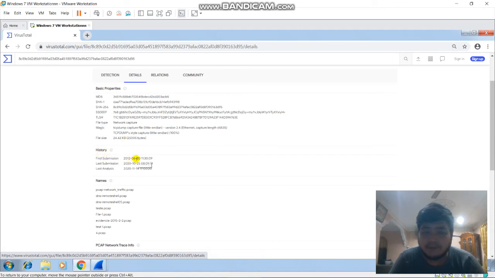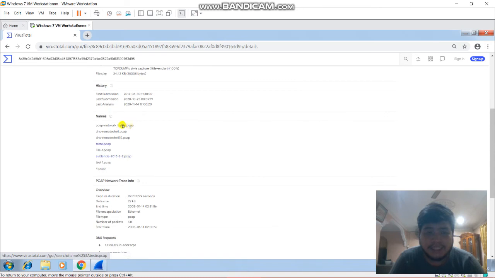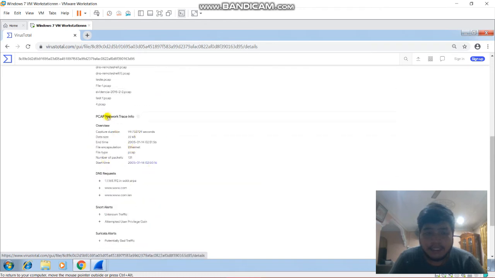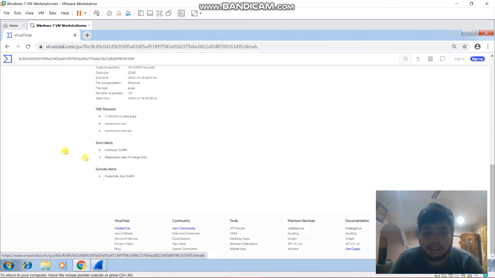The first submission for this target file is dated 6 2012 at 11:30, and the last analysis is 14 November 2020. This is the name of the target file, and we can see here the PCAP network trace info, with the start time 14 January 2005 at 2:50:60.